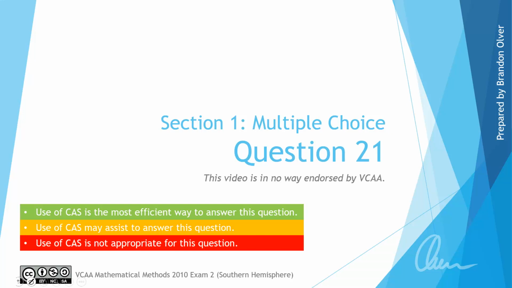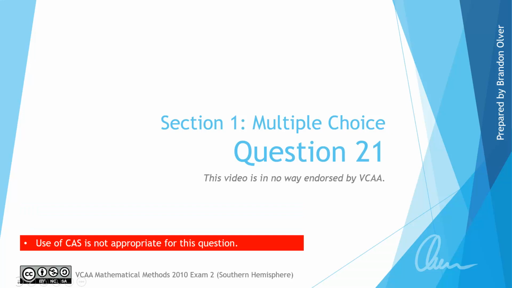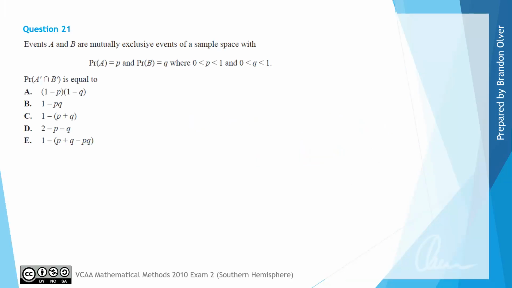And before we get into the question, I'd just like to say that the use of a CAS calculator was not necessarily appropriate for this question, although you may have wanted to consult your notes when answering this sort of problem. So for question 21, we have events A and B are mutually exclusive events of a sample space with